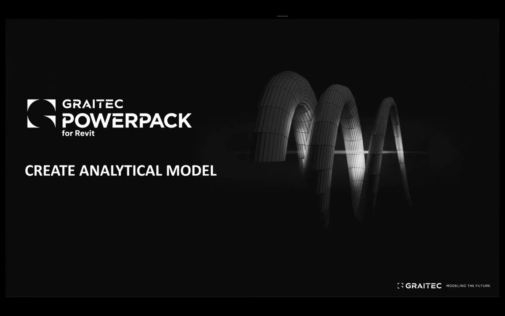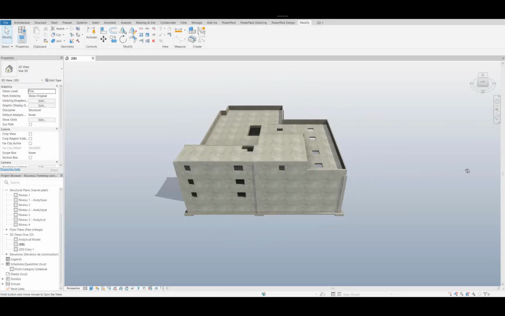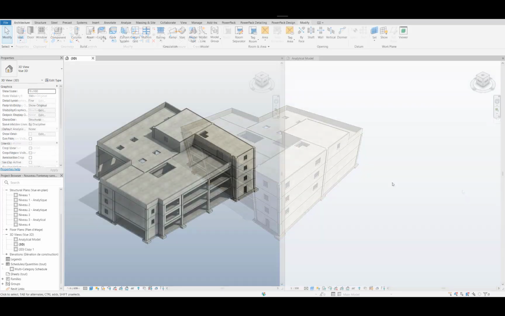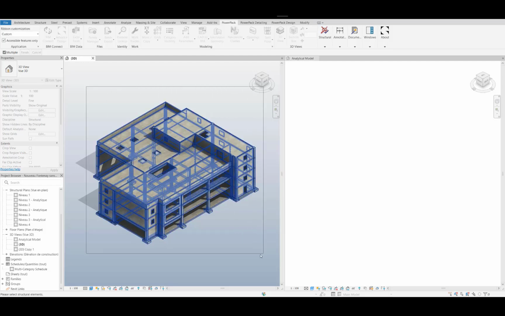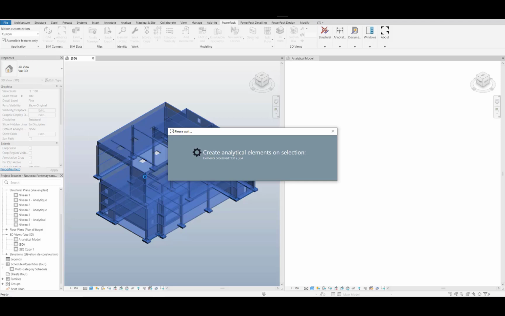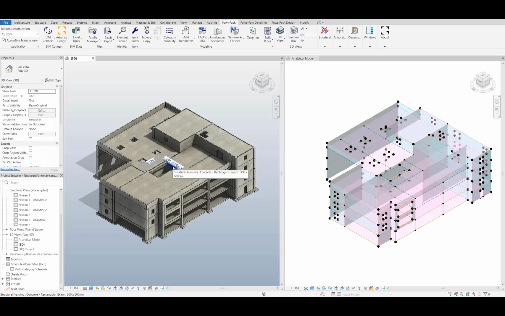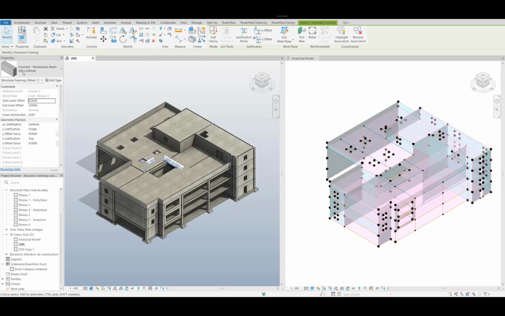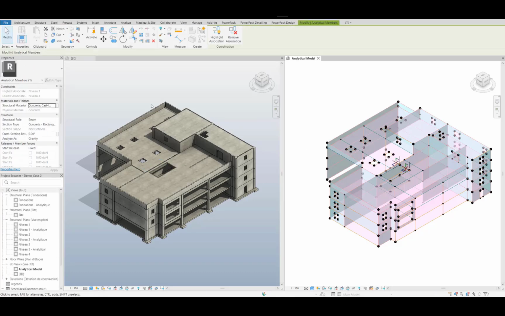So how does it work? As I said, it's very easy. You start with your model. As you can see, we have a Revit model without any analytical object. The dialog is empty. You just select the structure, you press OK, and then the analytical objects will be created based on geometrical assumptions: the center line for a beam, the center line for a column, the middle plane for walls.